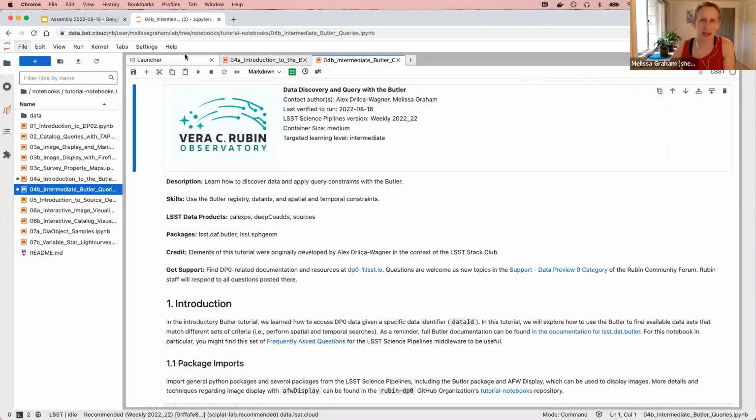Okay, so notebook 4B. We call it a more intermediate level because we're going to show you a little bit how to browse around in the Butler to see what's there, so how to discover what data exists. And then we're also going to show you how to apply additional constraints on a Butler query, such as spatial constraints that aren't just tract and patch, and temporal constraints, so that you can, for example, get visits just within a certain date range. So if you've got 4B open,